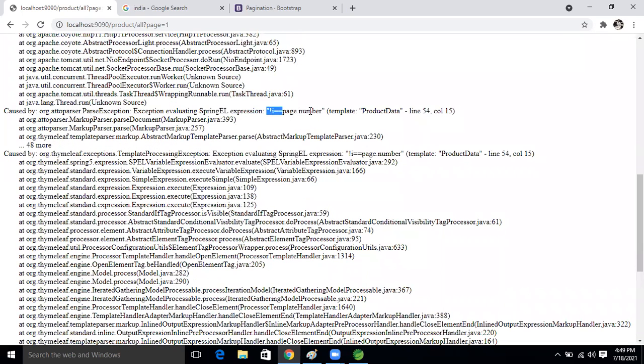See this here. Not equal to null. This one, right? If not equal to number 3, this one, okay, line 59.